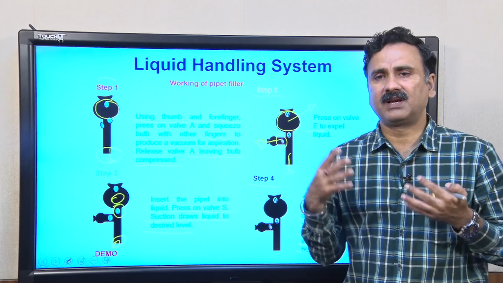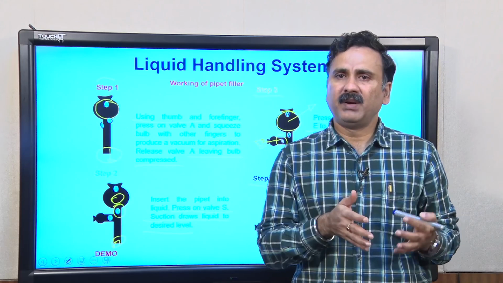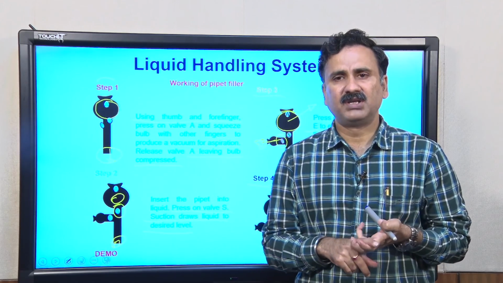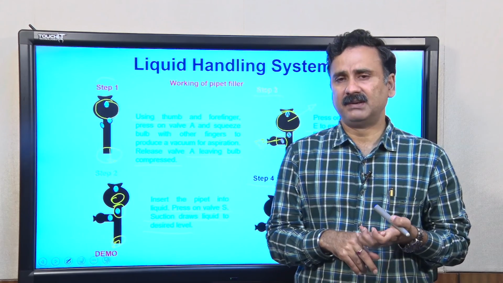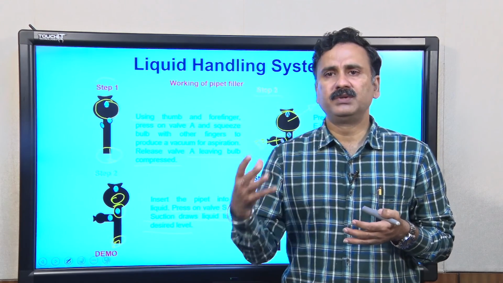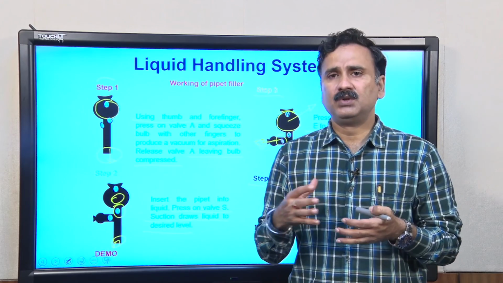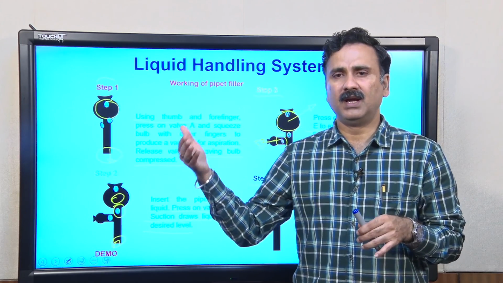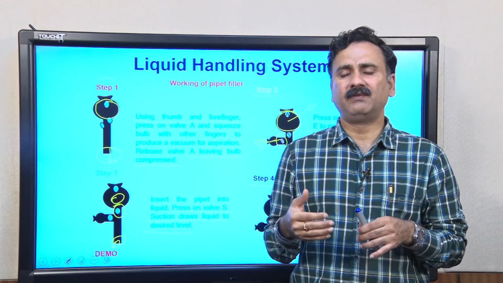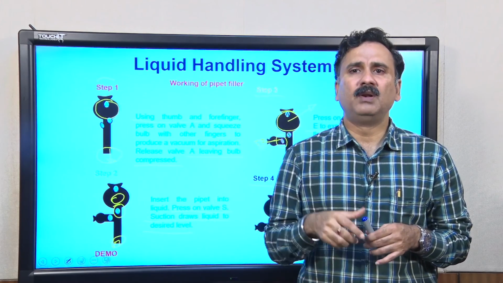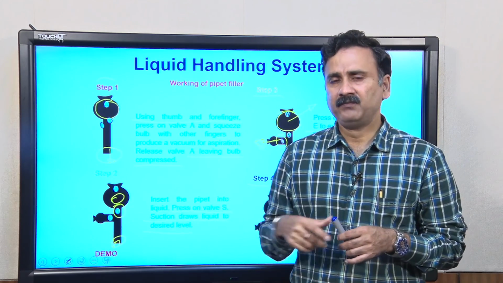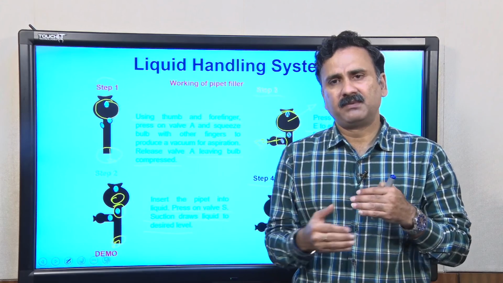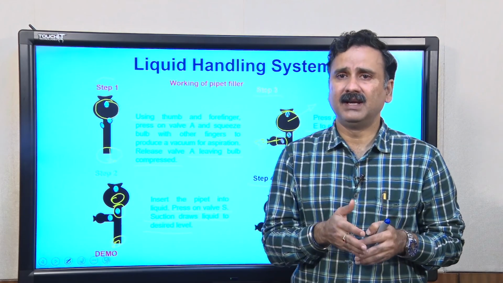In these 4 steps, what I have tried to explain is that irrespective of the different liquid handling systems, whether it is the calibrated pipette, Pasteur pipette or the automatic pipetting system, you are simply using different ways to generate a vacuum, and with the help of this vacuum you draw the liquid, and then ultimately you release the vacuum, and once you release the vacuum, the liquid dispenses into another vessel. So, with this I would like to show you some of the different types of liquid handling systems and how to maintain those pipettes.